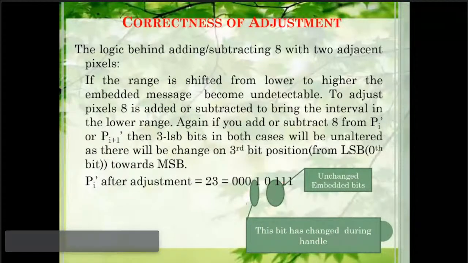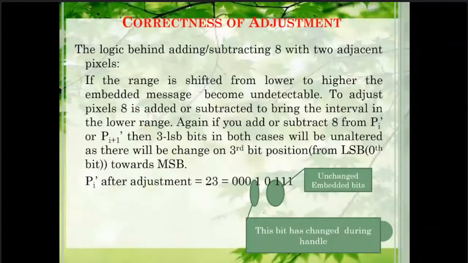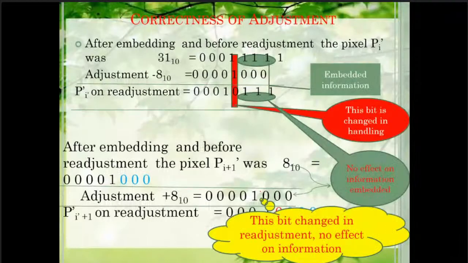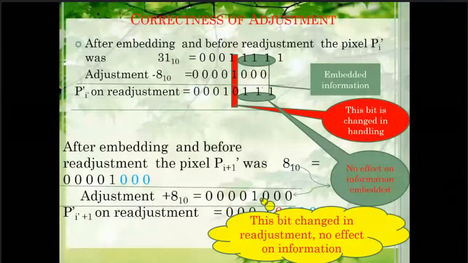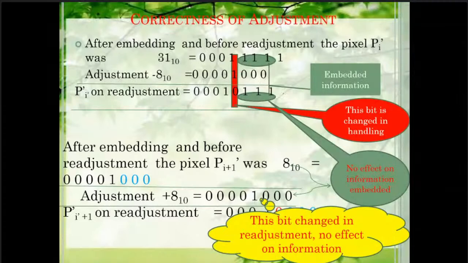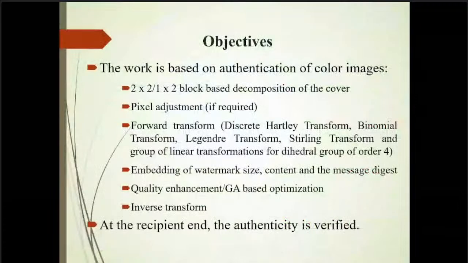I have already discussed this, that these are the places where I am embedding, but these are the places where I can play for adjustment. They are also the same. These are the places I have embedded, but I can embed here also. Not necessarily only LSB will I embed. Anywhere I can embed based on my hash function. So now, based on this, I am giving you the study of the discrete Hartley transform, how I have computed the transform equations, 1 cross 2 and 2 cross 2 mostly, how I have embedded, and what the effect of that embedding is, how I can enhance.